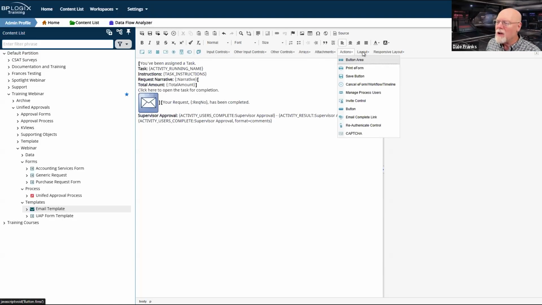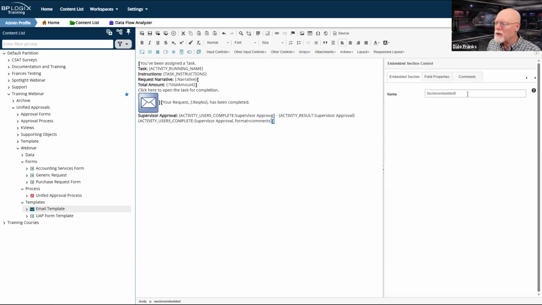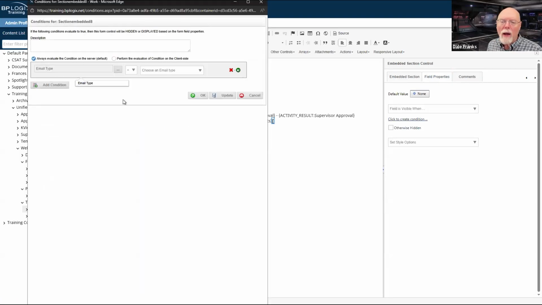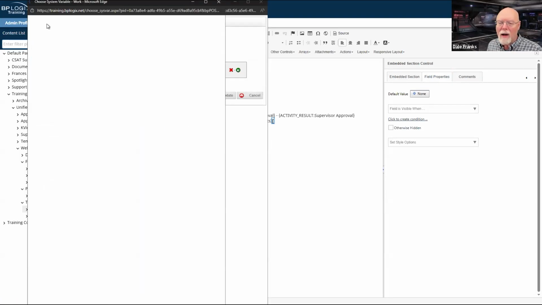So I can go to the layout here and I can embed this first section, and we'll just call this section accounting results. And I am going to set the field properties for this with a field is visible when, and it's only going to be visible when, and now I don't want email type.